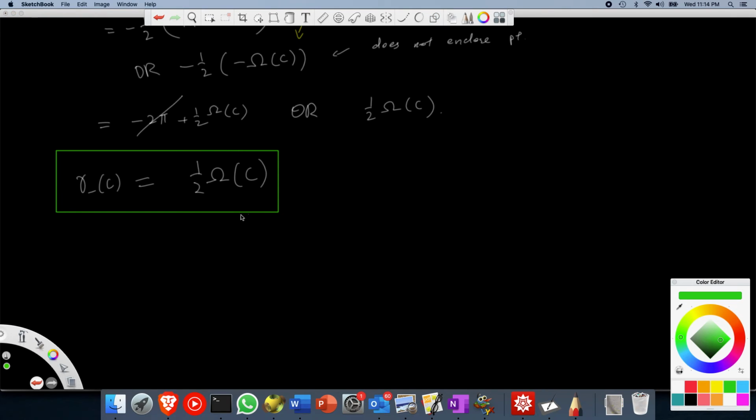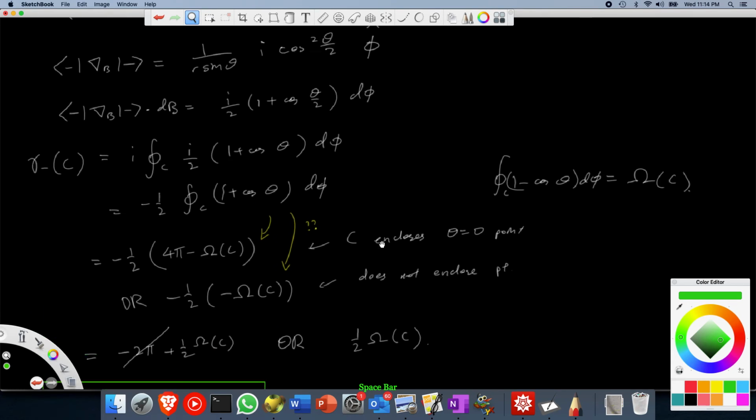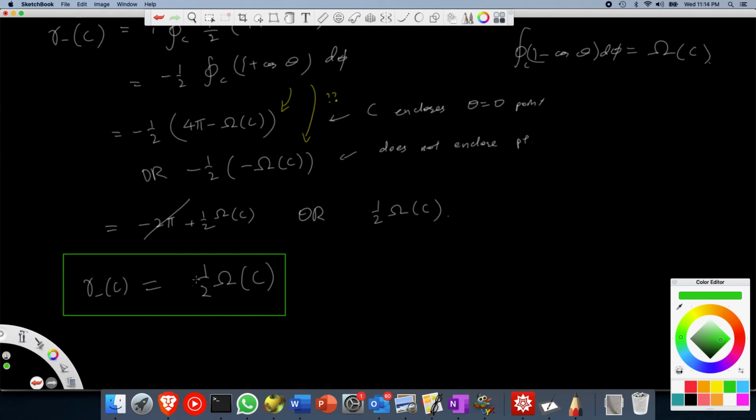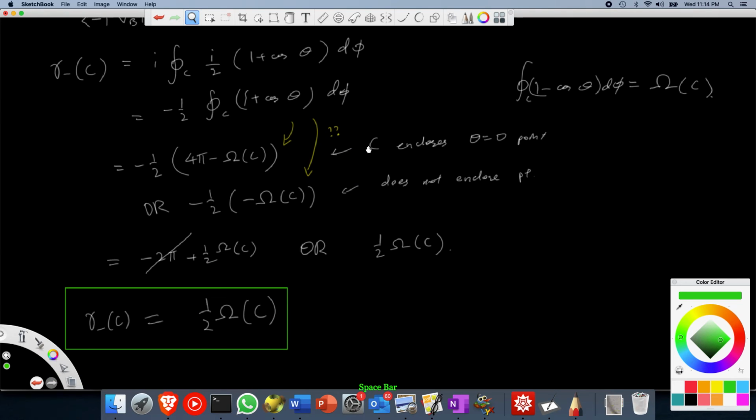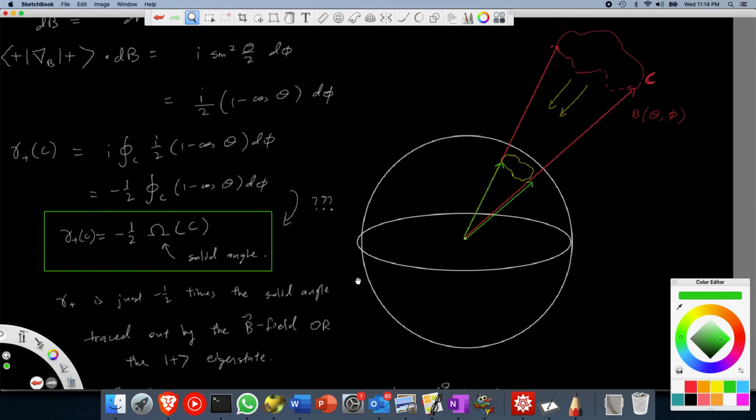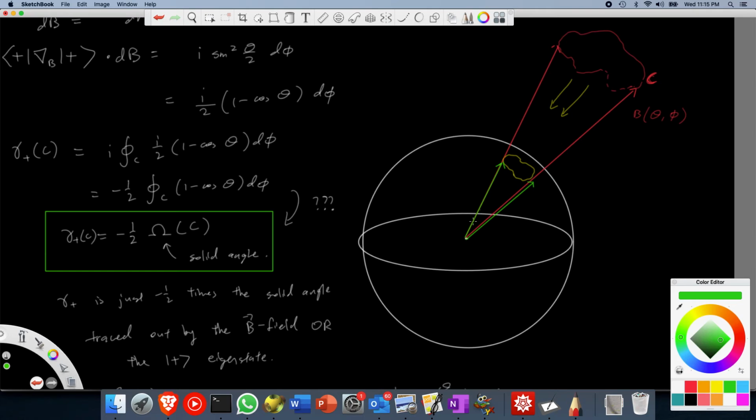So in the end, remember that the solid angle is the solid angle of the magnetic field. So right now, once again, if we bring back the Bloch sphere picture, remember this equation is half times the solid angle. If we have the magnetic field going in this cyclic evolution, and let's say it